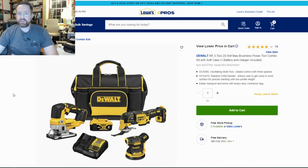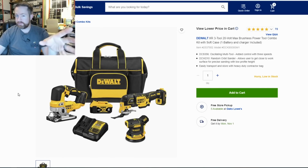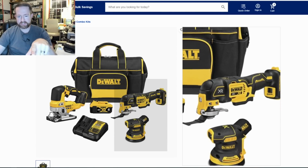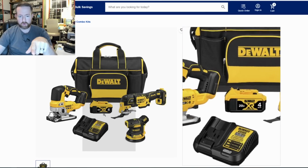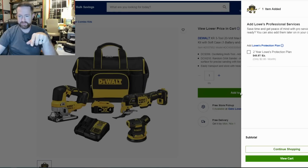And then one thing I just want to mention, because there's BOGOs that include the tools you see on your screen. Make sure you check this kit and do the math and see what's going to work out best for you based on what you'd like to buy, whether it's at Home Depot or Lowe's, because you get the jigsaw, you get the XR oscillating multi-tool, and you get the random orbit sander and a 4-amp-hour battery and charger for